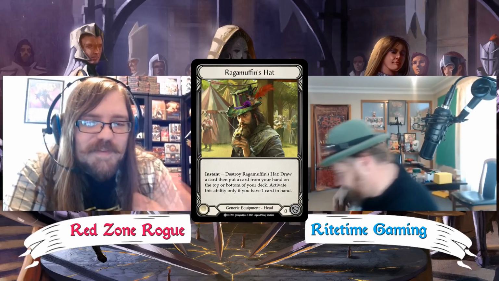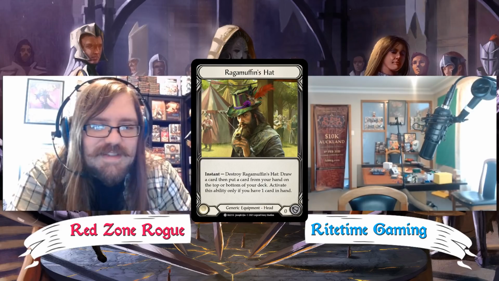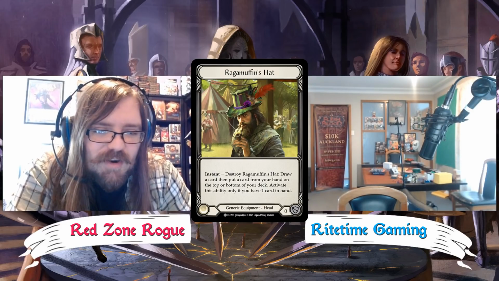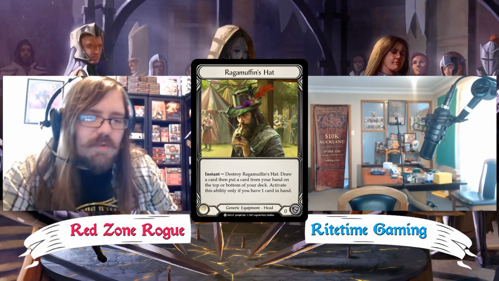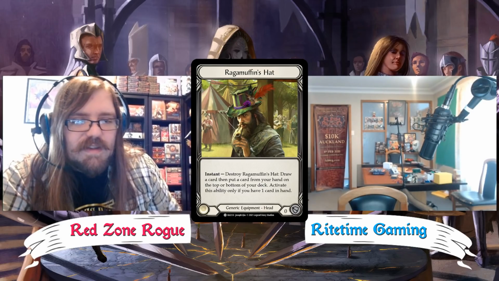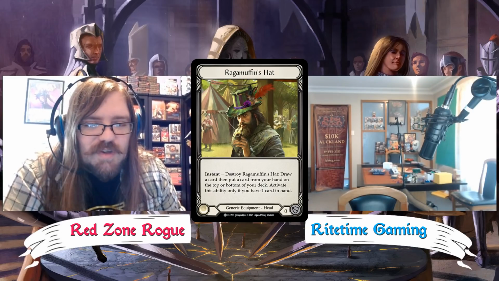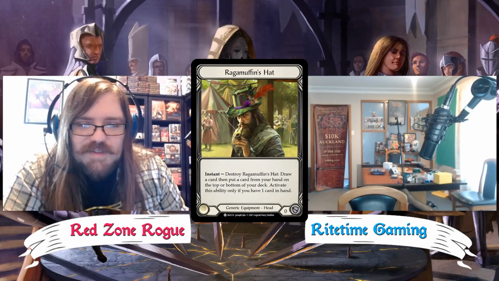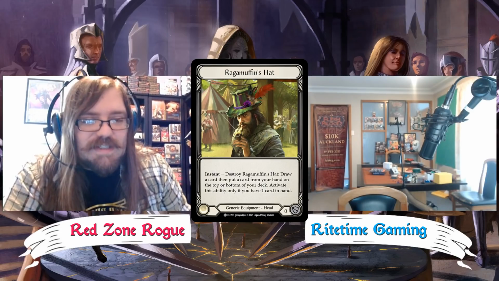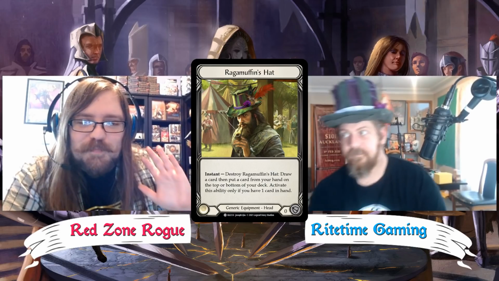So, Ragamuffins Hat is a generic equipment. It is a headpiece. It says, instant, destroy Ragamuffins Hat, draw a card, then put a card from your hand on top or bottom of your deck. And you can be like, oh, that's cool, right? So you can destroy it and then get some little bit of card selection. No. You can only activate this if you have one card in your hand. So the only case this is good is if you have a Hail Mary situation where you are playing, well,